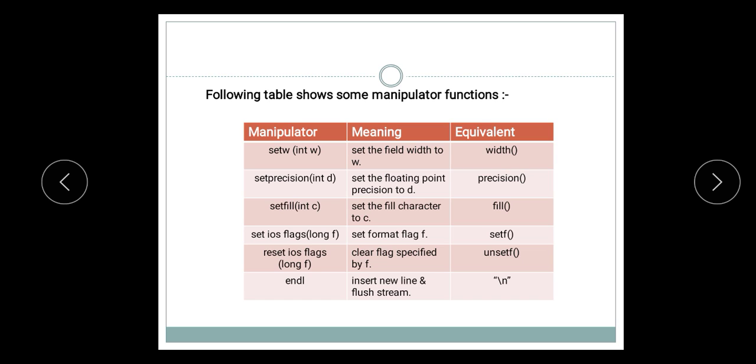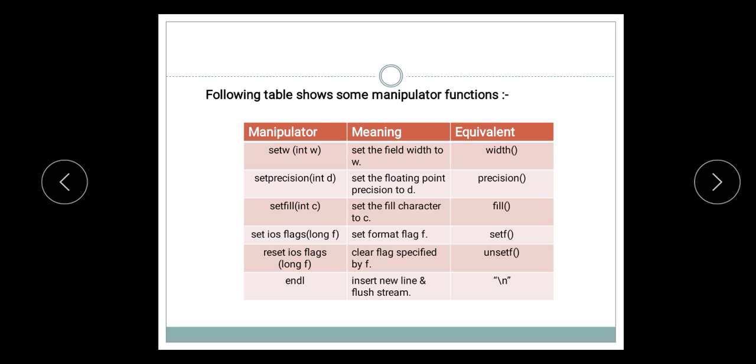Next is setiosflags. Setiosflags is used for setting the format flags, which is equivalent to the setf function of your ios class. Next is resetiosflags.